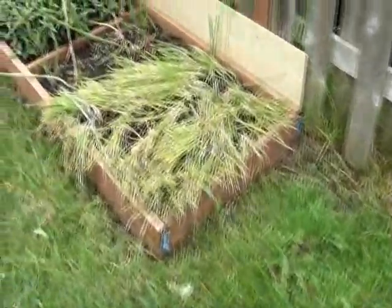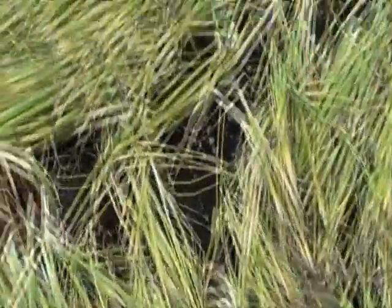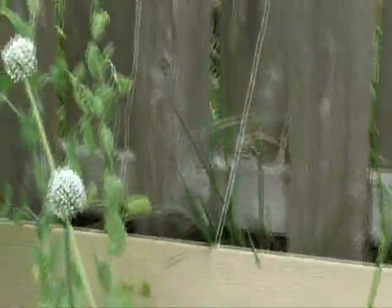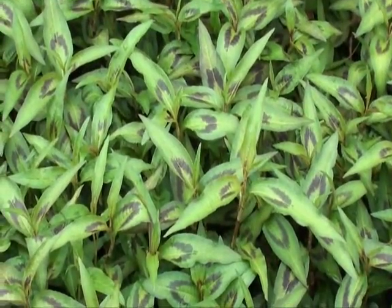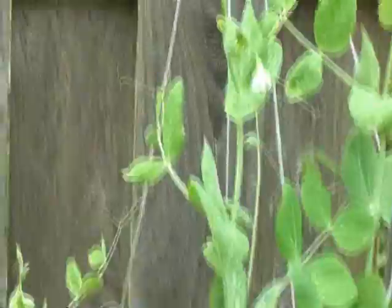And here we've got some more of the onions, and these are all falling down. I think these are going to get dug and eaten. They're small onions, and more onions next to those that are in bloom right now. The next box here is some more mint, and I'm not sure what kind this is. Don't know what the name of this mint is. And we got some peas growing up the fence there behind that, and another bed of the fish mint,